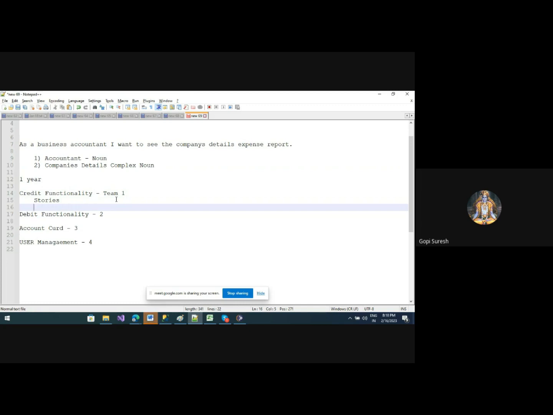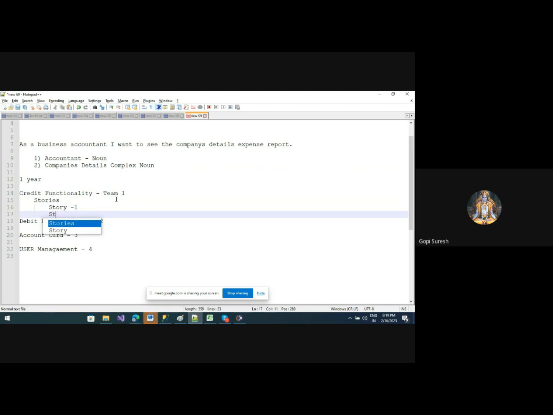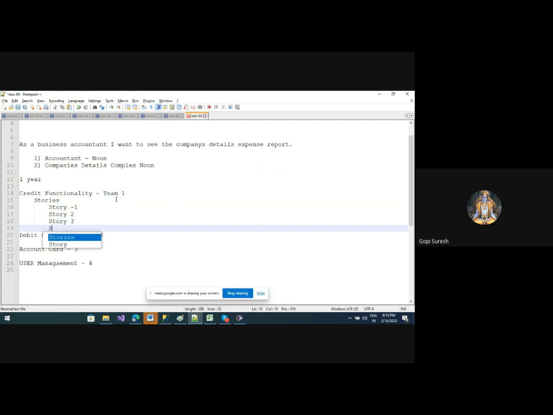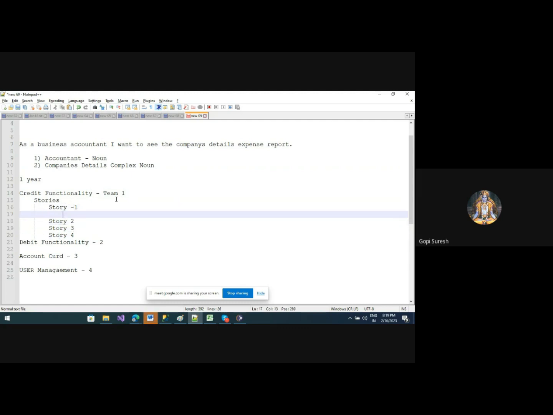So story 1, story 2, and story 3, like that they will develop. Story 4. Imagine 2 weeks is one sprint.